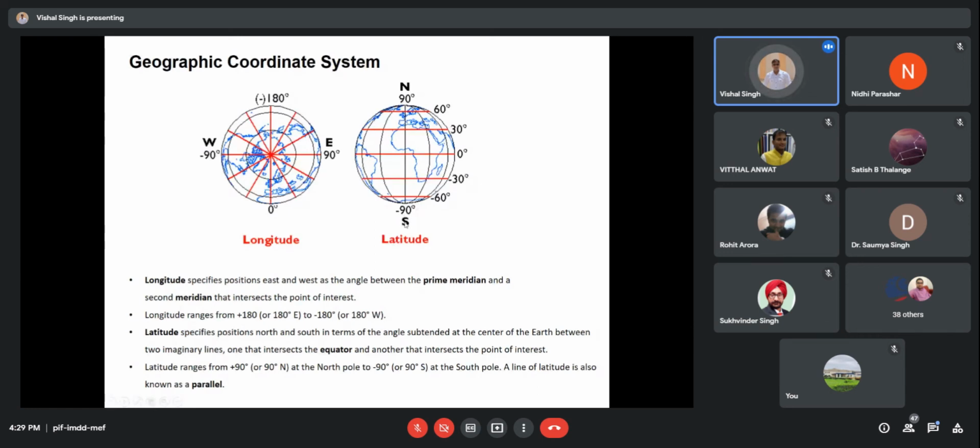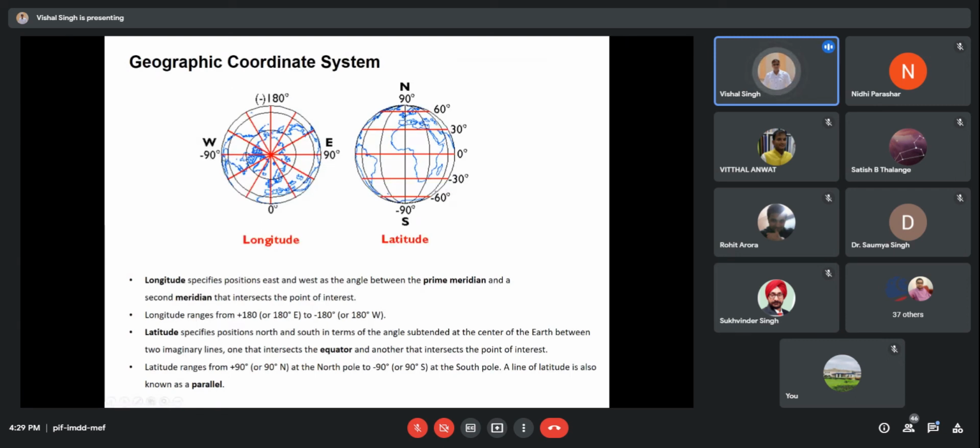Here you can see in the south, this is from minus 90, then as you move towards the northern region, minus 60, minus 30, 0 at the equator, then 30, 60 and 90. So if you move from south to north, your latitude values will change. And if you move from west to east, your longitude values will change, from minus 90 to 90. So this is the 180-degree movement.